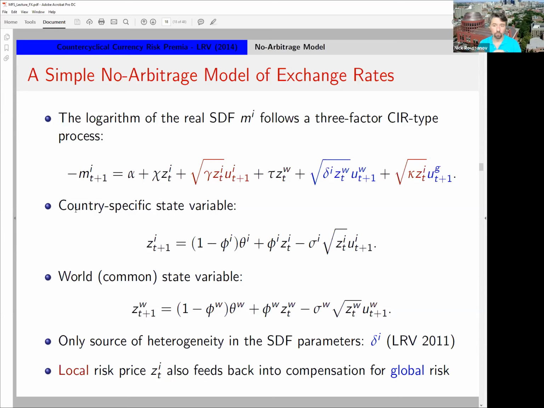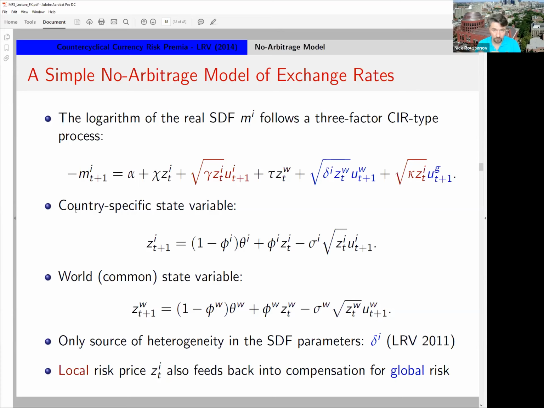identified. Now, what do you need for that? Well, we need shocks that are both country specific or currency specific or numeraire specific, and global. And the reason for that, of course, is that if you only have country-specific shocks, in order to match the magnitudes of average returns or Sharpe ratios that we see in currency markets, you will have enormous volatility in exchange rates. That's number one.